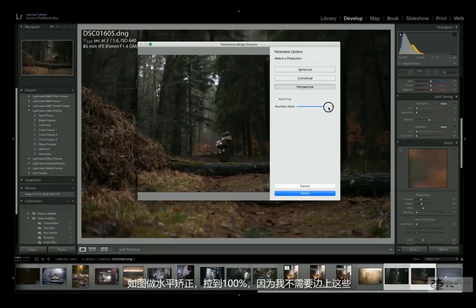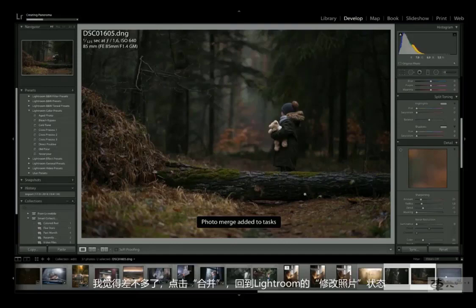Okay, I'm just going to straighten this up to 100% because I don't need those sides, and I think we are nicely done. So click merge and we're back to